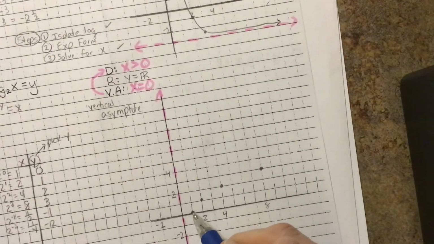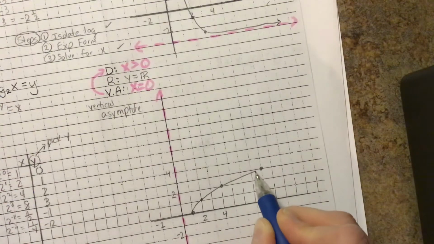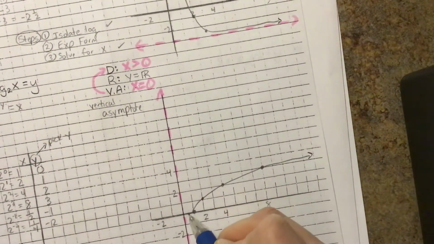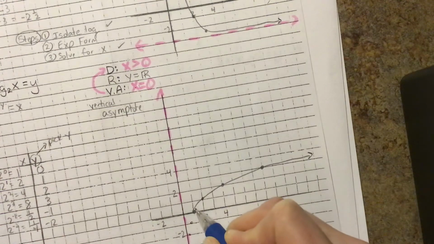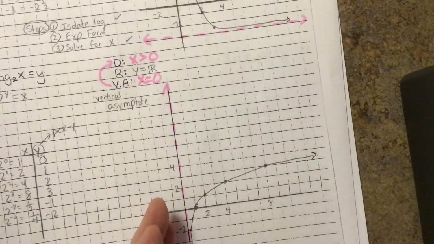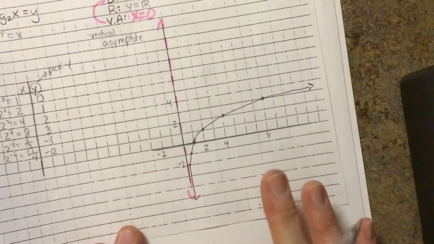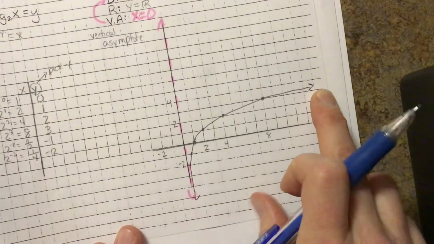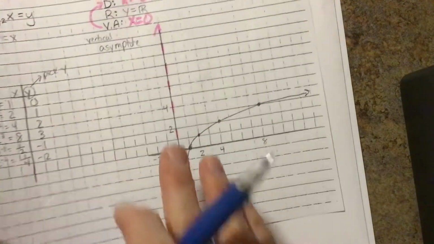Here's the top half of my log. It flattens out here. Then I have 1/2, negative 1, and 1/4, negative 2. This is my tail end now, headed towards a vertical line of 0 but never hitting 0. Okay? So this is a typical log curve. All right, let's try another one